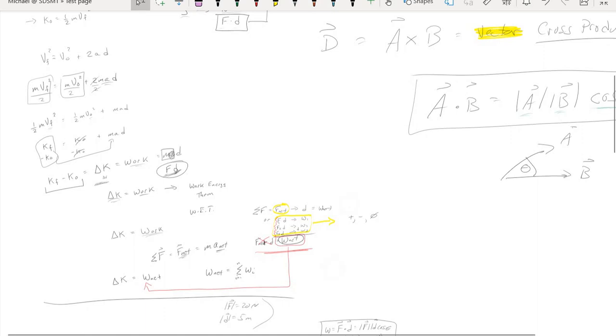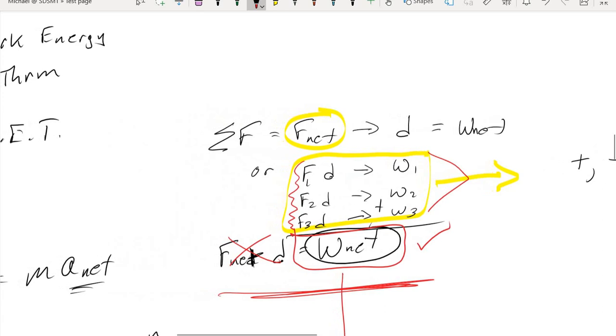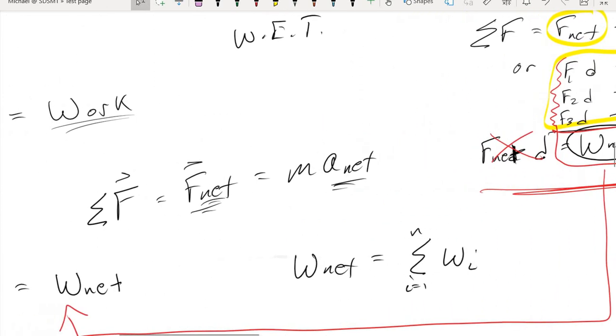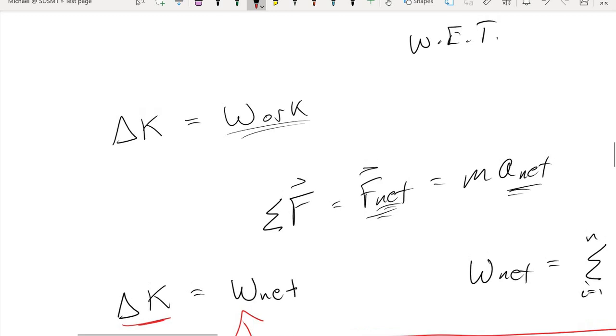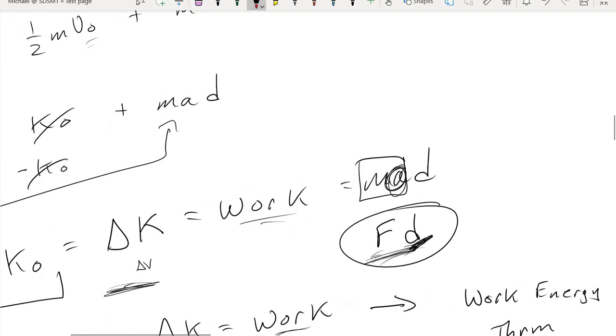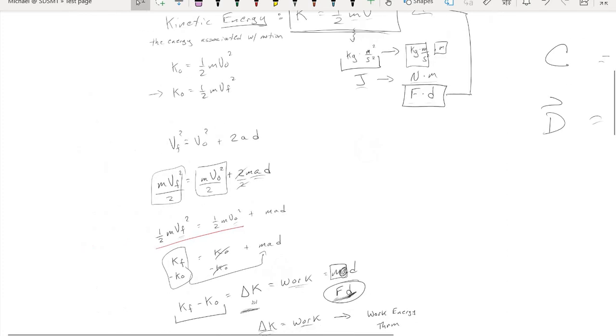So when we come back, we'll look at an example problem where we're actually going to apply multiple forces to an object, find out how much work each force does, combine those into a net work, and then see how that net work changes the kinetic energy of our object, and in turn, if the kinetic energy changes, how the velocity of that object is going to change. It sounds a bit involved,